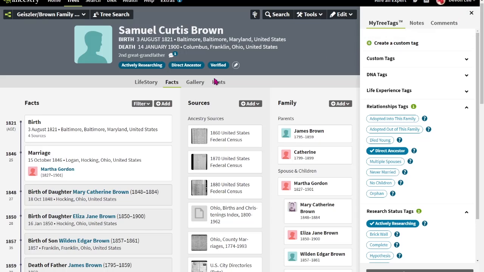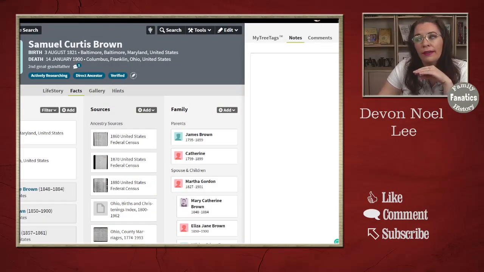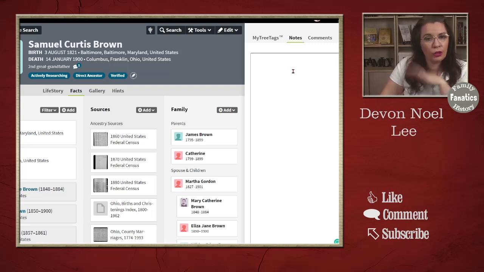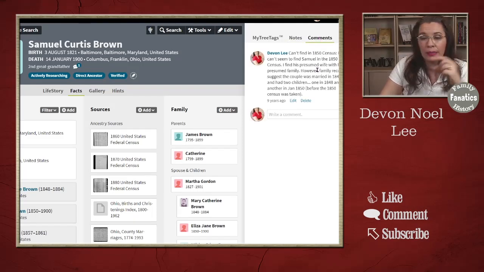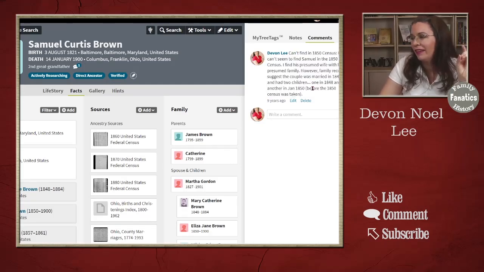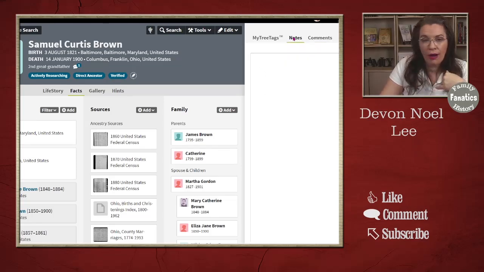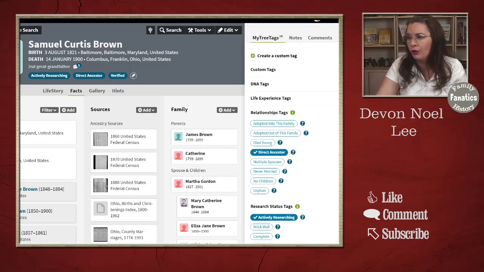Now, since we're right here, we can just hop over to notes. The notes section on Ancestry is different than the comments section. The notes section is just for your private use. So you can put your questions, your comments, your theories, whatever you want right there. And the comments section is public. So anybody can come here and look at this poorly written, but it's still a note, and notes are fine in poorly written structure. But anybody can see this comment, where the notes are mine, and anybody can see the tree tags. Pretty slick right there.